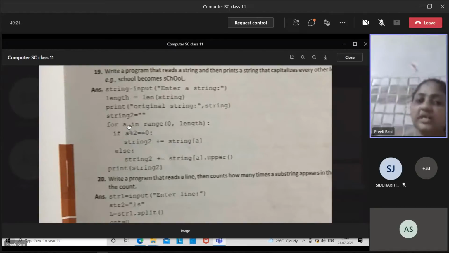Okay, so it is checking its position by dividing it, 2 is equals to 0. If it is even, then string 2 plus n equals to string A. इसको क्या कर रहा है? As it is string में transfer कर रहा है. Otherwise, जो आपका odd places हैं, odd places मतलब जहाँ पर capital C है, capital O and capital L, it is converting that position's value in the uppercase and transferring in the string. Then after that it is printing the string.